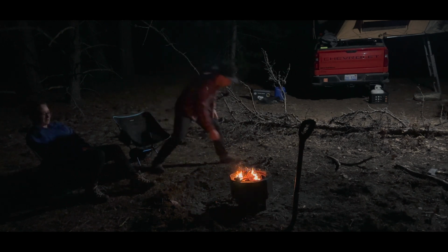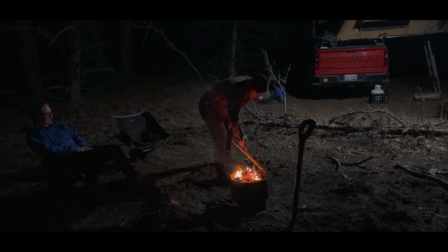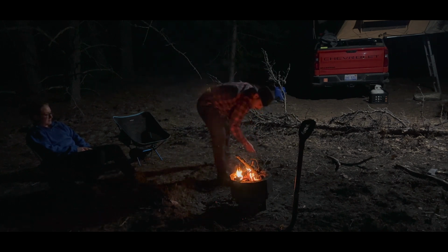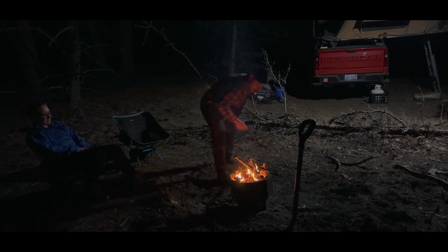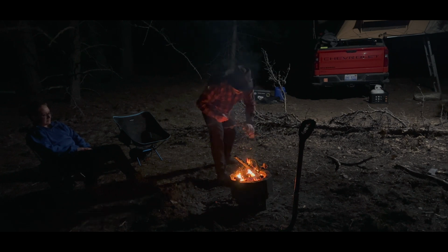This little fire pit is perfect for this. It folds up small and compact for easy transportation and is the perfect size to accept sticks from downed trees that you easily find anywhere in the woods. This is perfect to keep your fire contained,